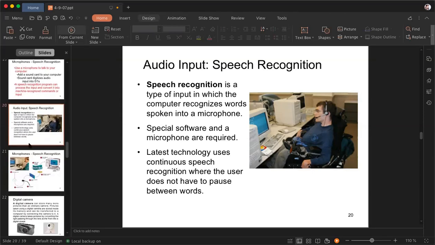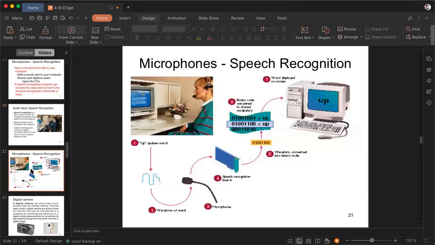Clear, I think. Then we have the microphone speech recognition process, and how exactly it works. From speech to words, to the microphone, the speech recognition board is there. The speech is recorded into binary form, that binary form is converted into vocabulary, and the vocabulary is actually displayed on the screen.